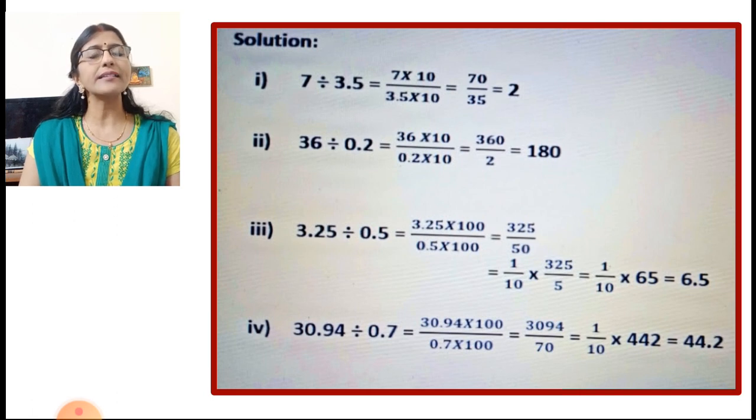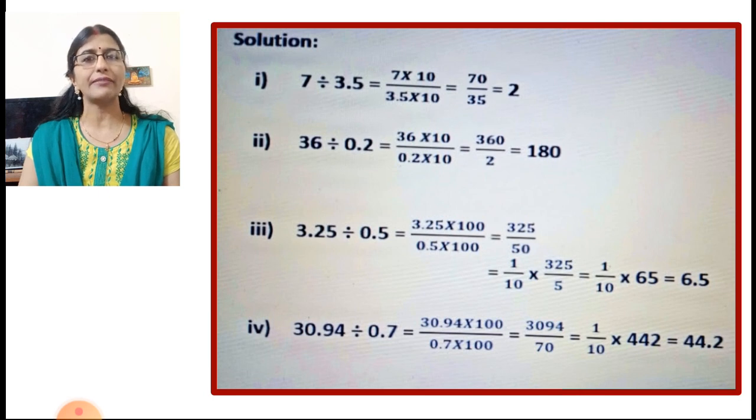And in the denominator, 0.7, when you multiply by 100, the point will be shifted to the right. You remember, when you are multiplying by 100, the point will be shifted to the right. And when we are dividing, the point will be shifted to the left. So here the point will be shifted to the right by how many places? 2 places. So one place already 7 is there. So one more place we will add there, 0. And then we'll get 70. Now again we'll split 70 like this, 10 and then 7 will come on the other side. So 7 and then